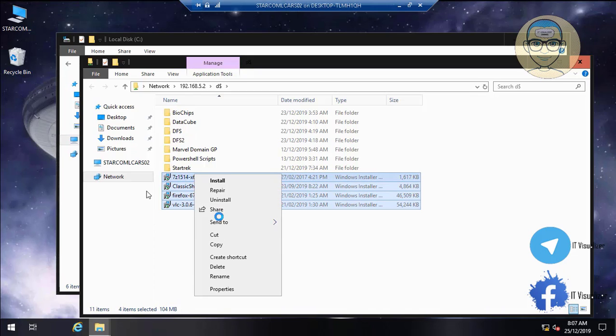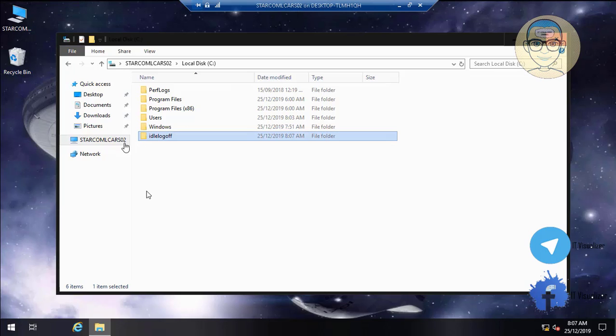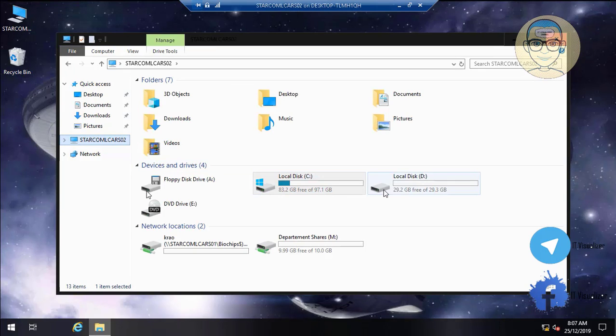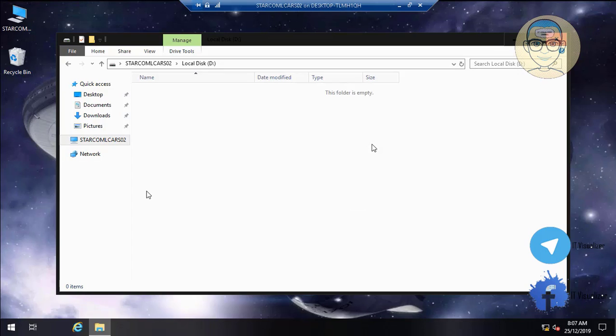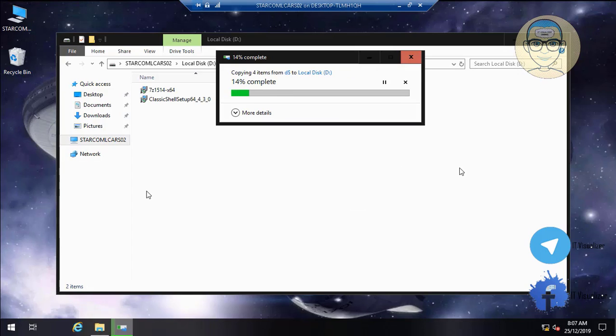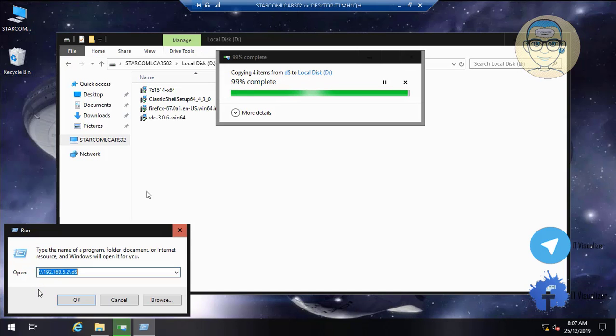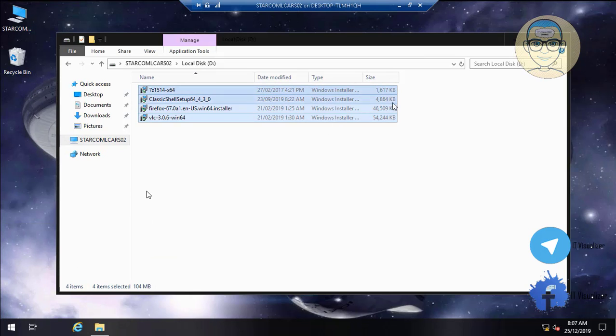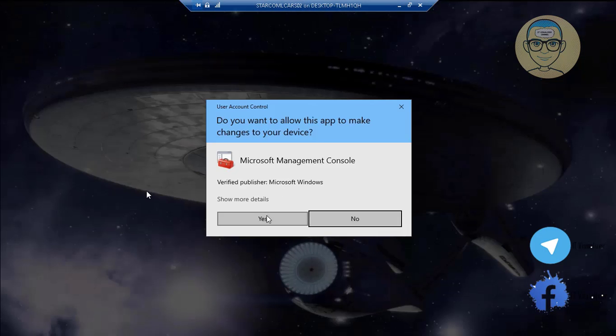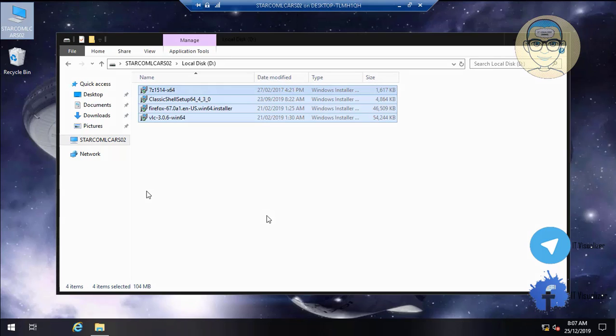This is a program for extracting and compressing files, and the Classic Shell program to change the way of the start menu of the Windows Server, and the Firefox browser, and the VLC program. This is a program for running media. And then we will make start and put run, and then we put MMC, this to